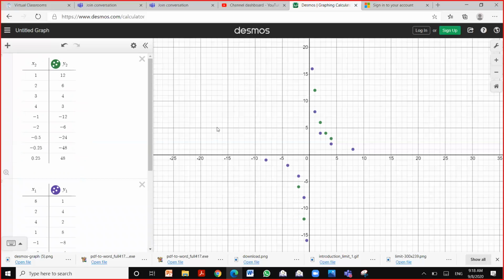This is now, as you see here, the first graph with the purple color is for 8 over x. Can you see it? Look here, this one is for 8 over x. And the second one is for